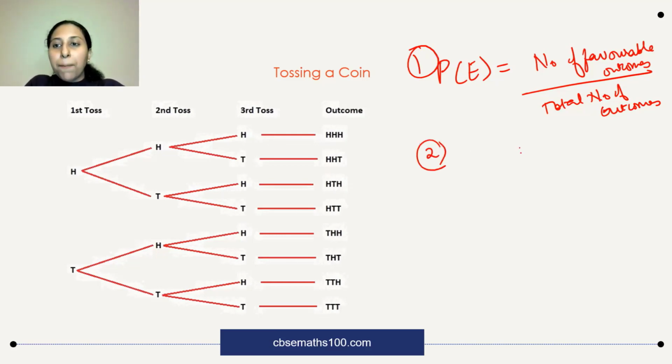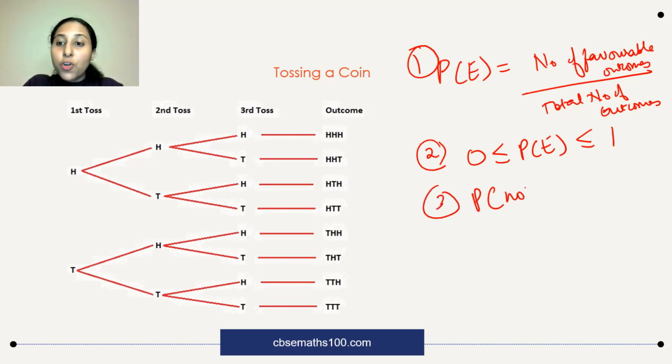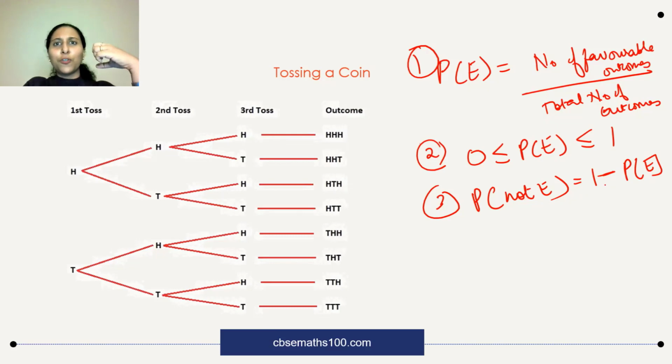Second important point, the probability of any event, minimum value is 0. Maximum value is 1. It cannot be greater than 1. It cannot be less than 0. That means it cannot be a negative integer. It cannot be an improper fraction. No, it can be a proper fraction, maximum 1, minimum 0. Okay. And probability of not E, the probability of something not happening, is the same as 1 minus the probability of that happening. So the probability of you getting less than 90% in maths is 1 minus the probability of you getting more than 90% in maths. Okay. That is the way you calculate. So these 3 important things are there.